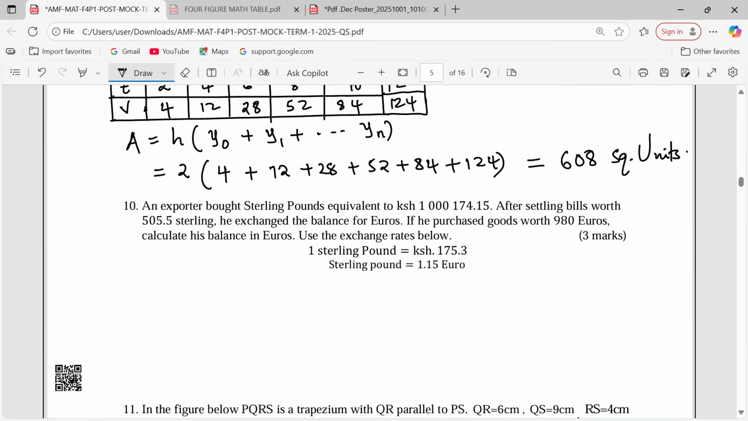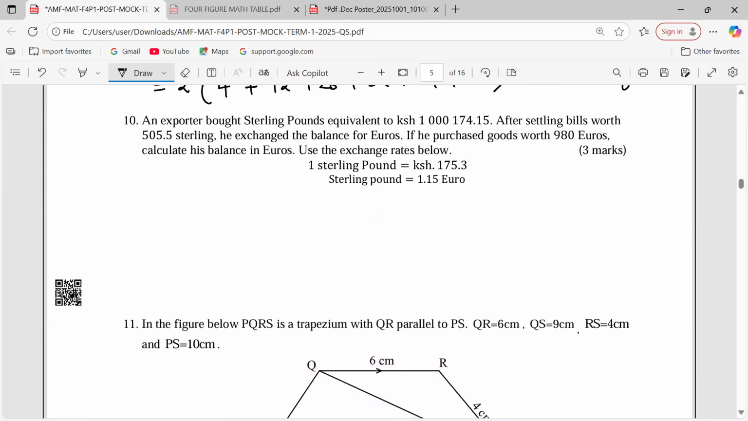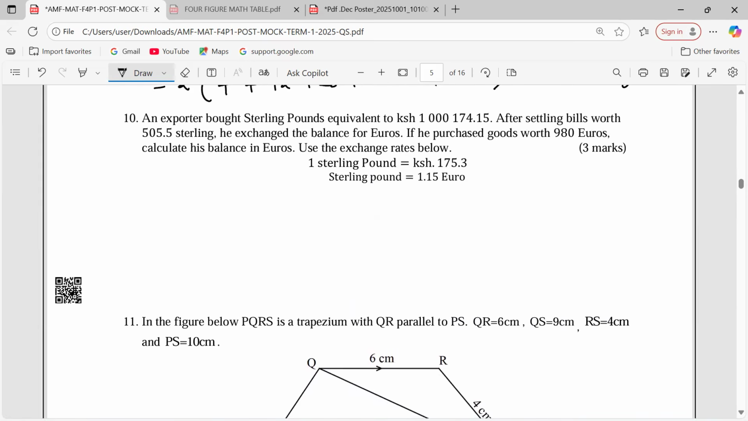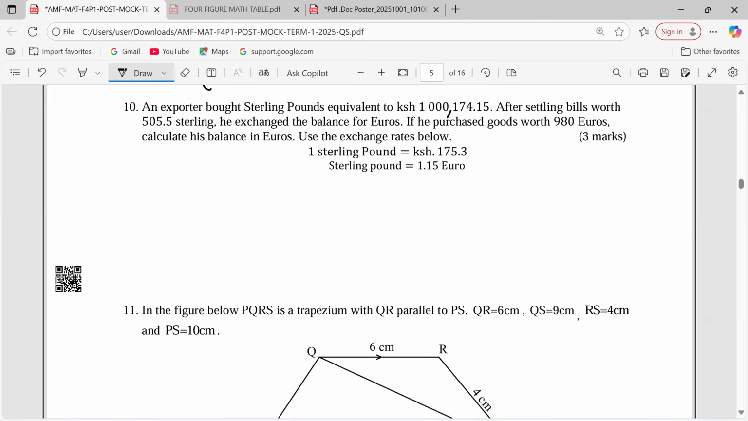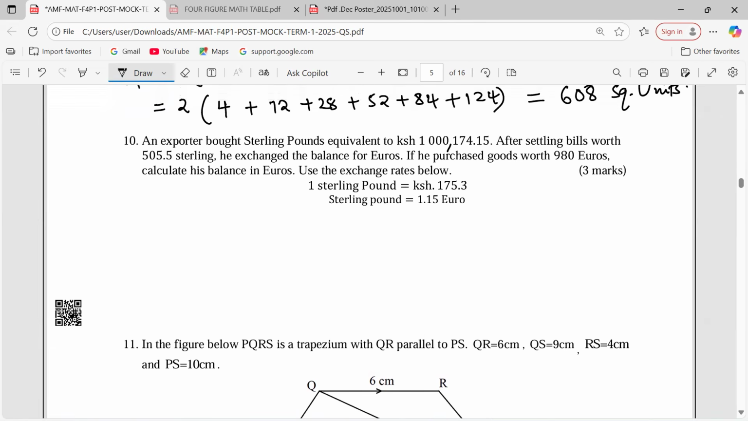A very simple thing. Number 10. An exporter's sterling pounds equivalent to 1,174.15 Kenya shillings. After settling bills worth 505.5 sterling pounds, of course, he exchanged the balance to euros. If he purchased goods worth 980 euros, calculate his balance in euros. Then the exchange rates are shown here. So 1 sterling pound equals to